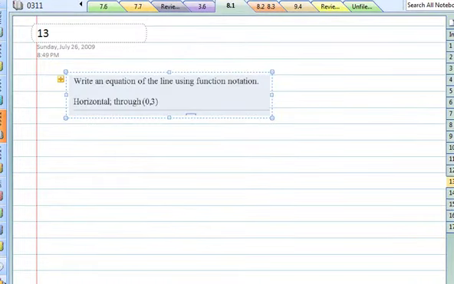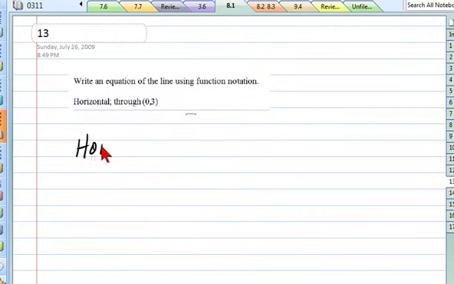Number 13, write an equation of a line using function notation. This time we are told that we have a horizontal line and it goes through